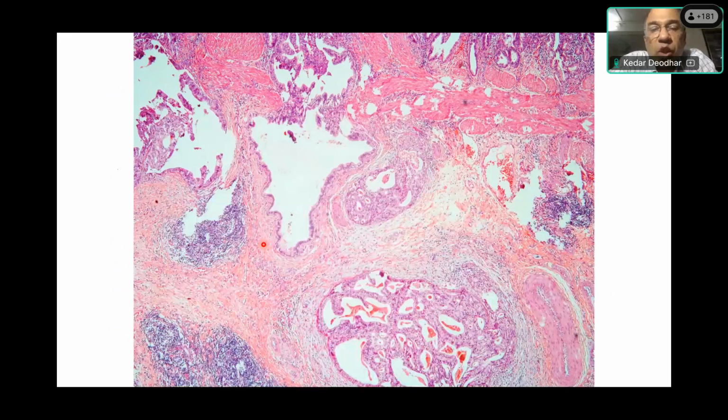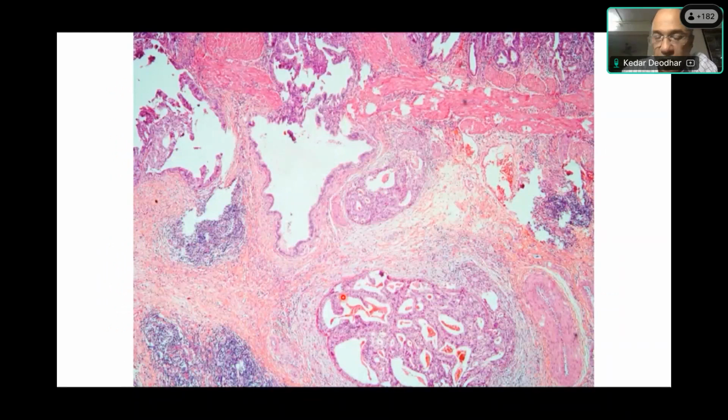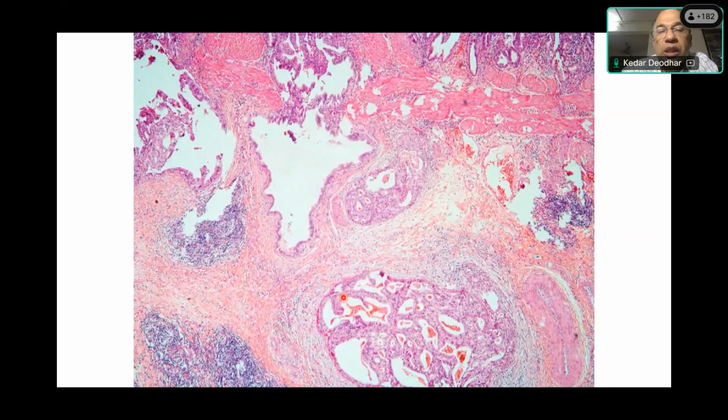Some examples of gallbladder carcinoma: we have a muscle coat, and we have cancer going onto the perimuscular connective tissue. This is a nice example of